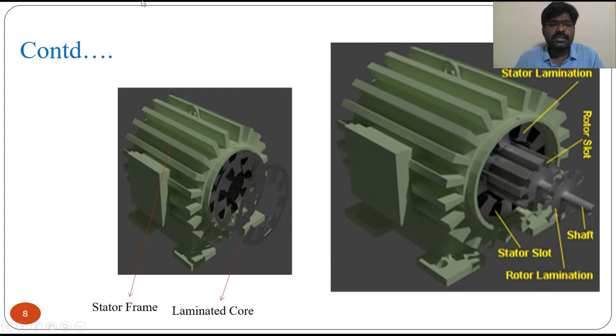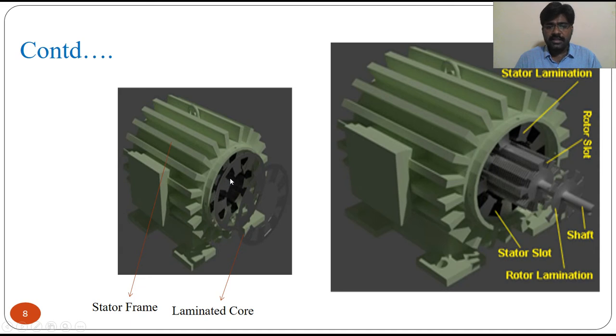This is how the stator of the induction motor looks. Just an overview or representation of how the induction motor exactly looks. Now you can realize that this is how it looks. So this is nothing but the outer frame of the stator. This is made up of iron or silicon steel. Its construction is very rigid and robust. So it provides protection from damage from atmospheric conditions. That is why it is a robust construction.